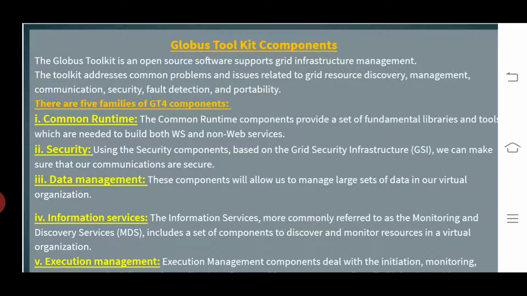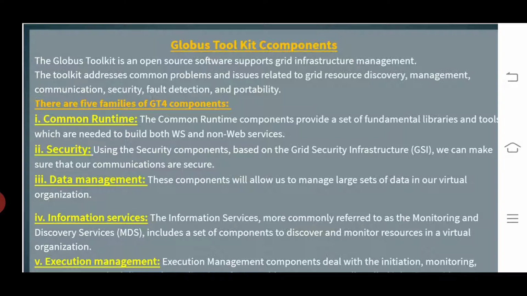The common runtime components provide a set of fundamental libraries and tools which are needed to build both web services and non-web services.